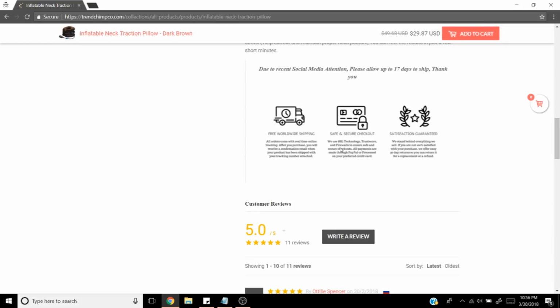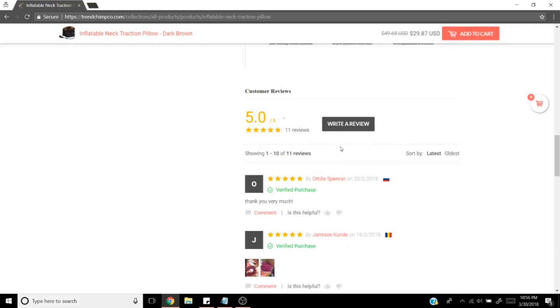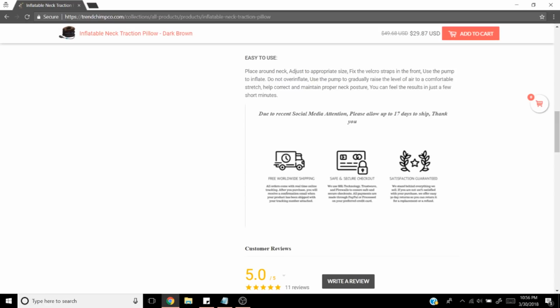Generally, I like to put this more at the footer, and then I would put these into individual trust badges. So you see this paragraph right here. What I'd recommend doing is cutting out the paragraph and just having these things, so the pictures and then the short description of it below, and then taking this and putting it as the trust badges. I just think that's going to be so much better, because this is actually what is going to have people trusting your store.